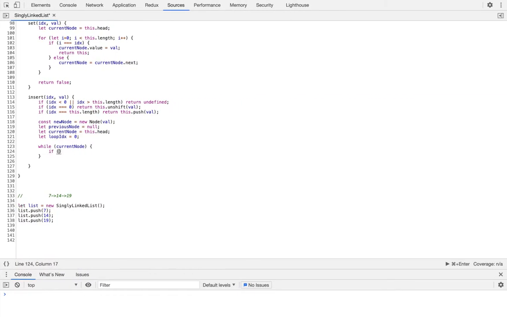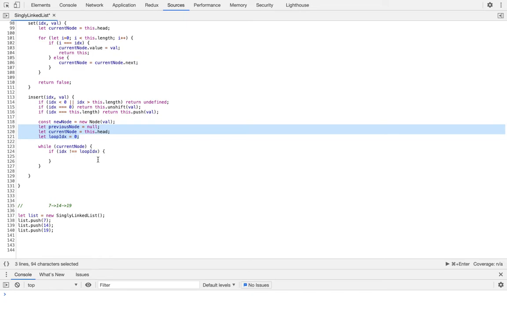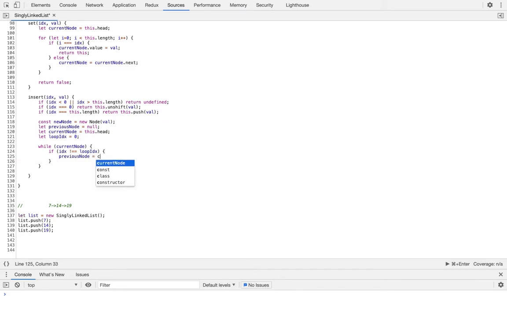So we're going to do if the index that is provided as the first argument is not equal to our current loop index, which when we start off is going to be 0, then in that case, we're going to do some updating of these three values here. So first, I'm going to start off with the previous node. I'm going to update the previous node to now become the current